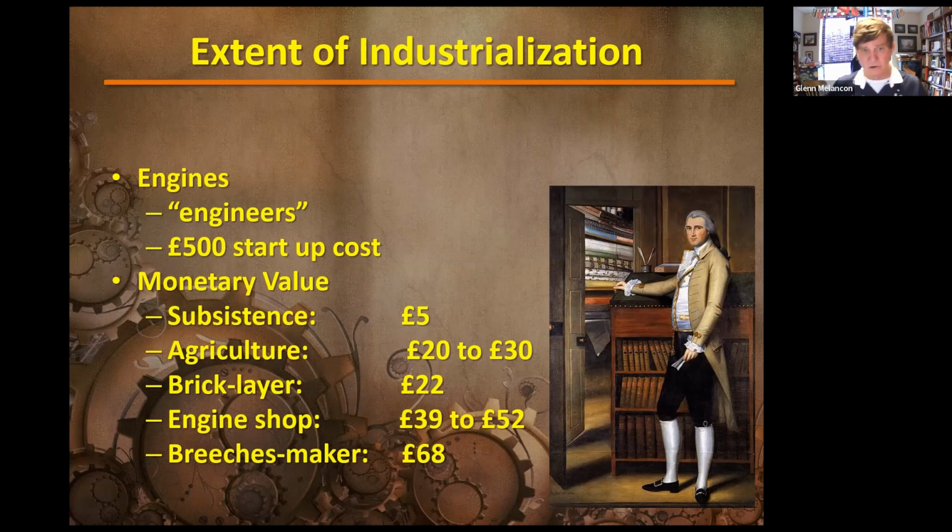The Buster Brown look with the silk stockings, because their customers are aristocrats and they want to deal with high class people or higher class people. So they're willing to pay for a tailor. So someone who is a tailor earning 68 pounds, 3 times what an agricultural worker makes, much more than subsistence. They would still take, right, just 10 years to earn enough to start up a shop.